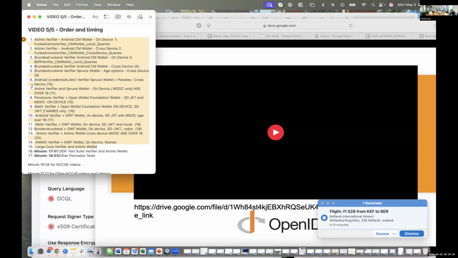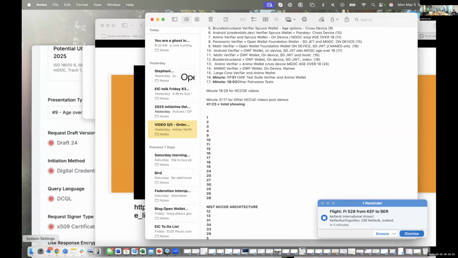Then we'll go through Animo verifiers with the Spruce wallet, the Panasonic verifier with the Open Wallet Foundation wallet, and then a few other verifiers like the Matter verifier and the Android verifier with the Open Wallet Foundation wallet. So we will have a pretty decent spectrum. This is not 100% of all of the pairs that were reported, but it's a pretty decent cross-section of them.